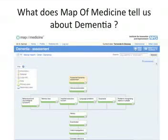You can see the key there, and green is primary care, in other words general practice or in the community, and blue is secondary care. That's what happens when a patient gets referred into the hospital, and I'll show you that in a moment. We've got something called the provenance. One of the great things about the Map of Medicine is we've moved away from sticking the finger up in the air and wondering which way the wind blows, or it was the last rep that came to see me, to, well, why should we follow this pathway? You know, I've got my own thing, I know how I've been doing it, I know how the doctor that trained me 10 years ago is doing it. Well,